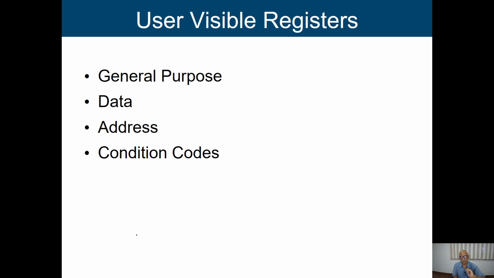Now when we talk about registers, we have some registers which are user visible registers. Why do we say user visible registers? Basically, these are the registers visible to the users, and as a programmer, we can use these registers. Generally, we talk about the user visible registers. But there are some registers inside the processor which are not visible to the user. We need those registers to perform the operation in a proper way, but the user or programmer cannot use them.